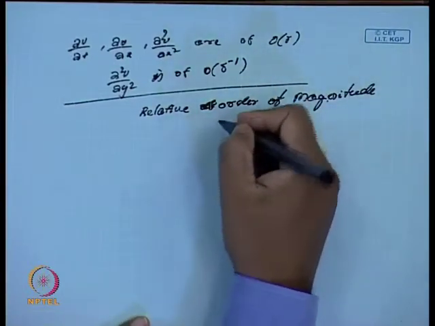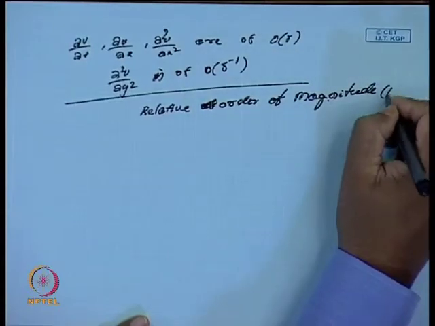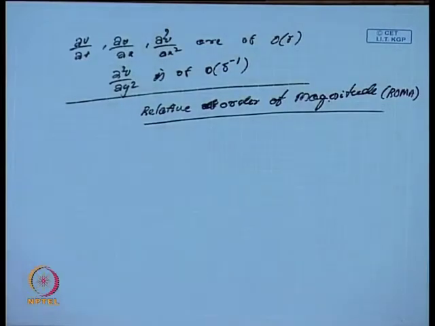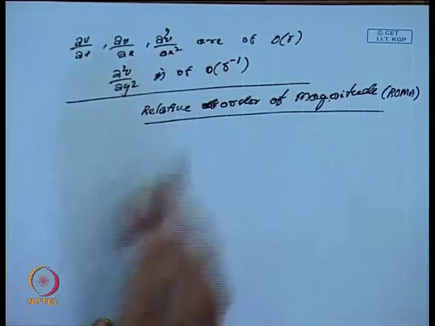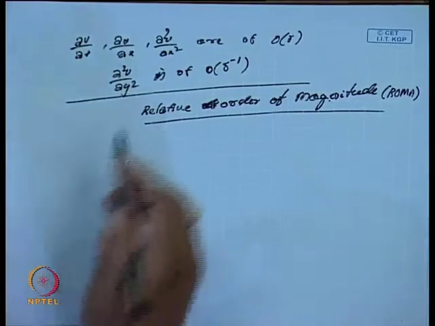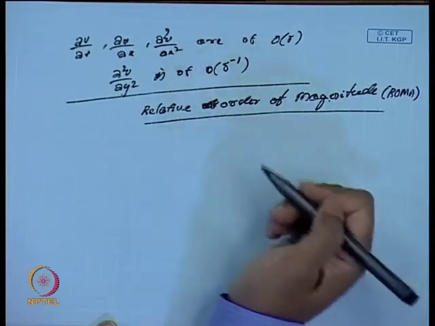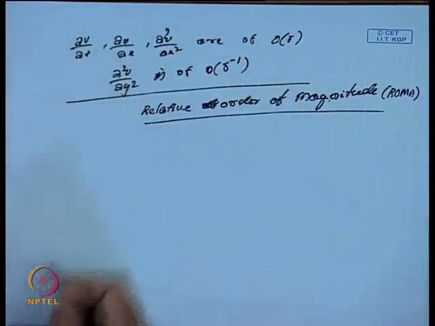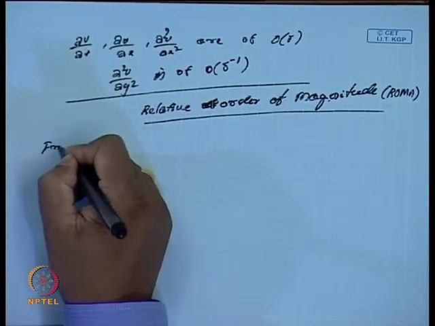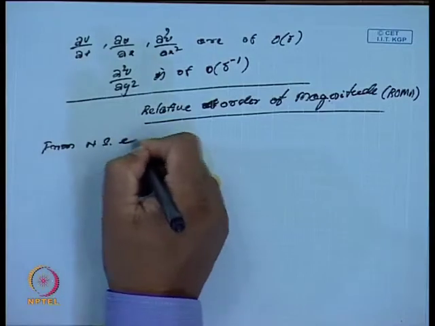Relative order of magnitude, and sometimes we call it as a Roma. In fact, this is very important to derive the boundary layer equation in two dimensions. So, now let us compare the terms of the Navier-Stokes equation, rather the equation of motion in two dimensions, based on this order of magnitude. If you do that, from the Navier-Stokes equation of motion in two dimensions,